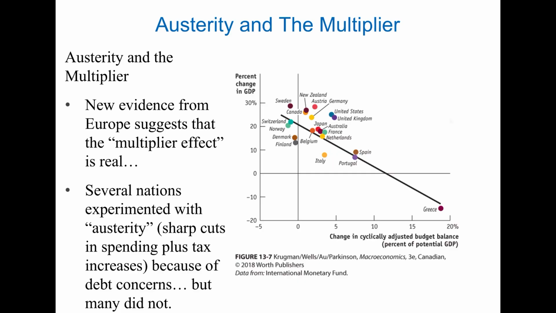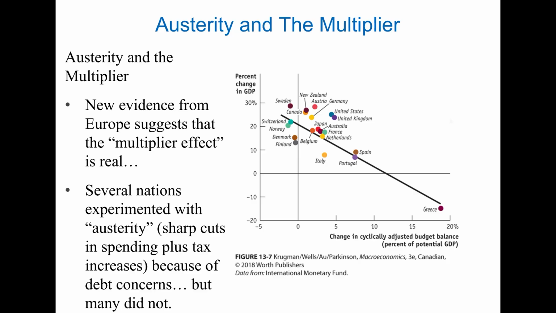And when the government reduces their expenditures, we call it austerity measures, or austerity, so they want to spend less. So austerity, and the new evidence from Europe suggests that the multiplier effect is real, and several nations experimented with austerity. Austerity means sharp cuts in spending plus tax increases because of debt concerns,